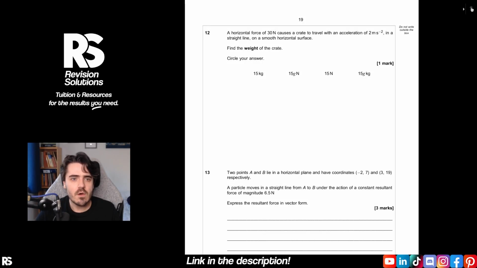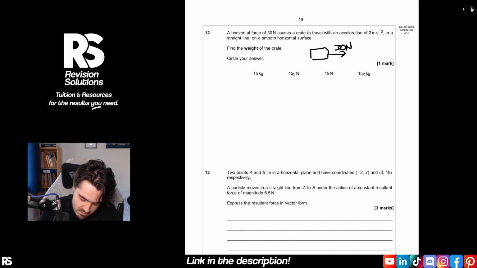Question 12 then says, a horizontal force of 30 newtons causes a crate to travel with an acceleration of 2 meters per second squared in a straight line on a smooth horizontal surface. Can we find the weight of the crate? Well, to find the weight, what we're going to do is work out the mass of the crate, because if there's just one force, because there's no friction, acting on our crate to the right, let's say, it doesn't really matter, causing it to accelerate 2 meters per second squared,